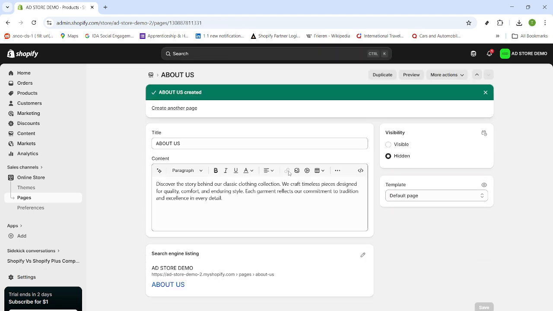You can return to this page anytime to refine your wording, swap images, or update your story as your brand grows. And that's it. You've created a polished About Us page by going to Online Store, opening Pages, adding a new page, writing and formatting your story, setting the visibility, and